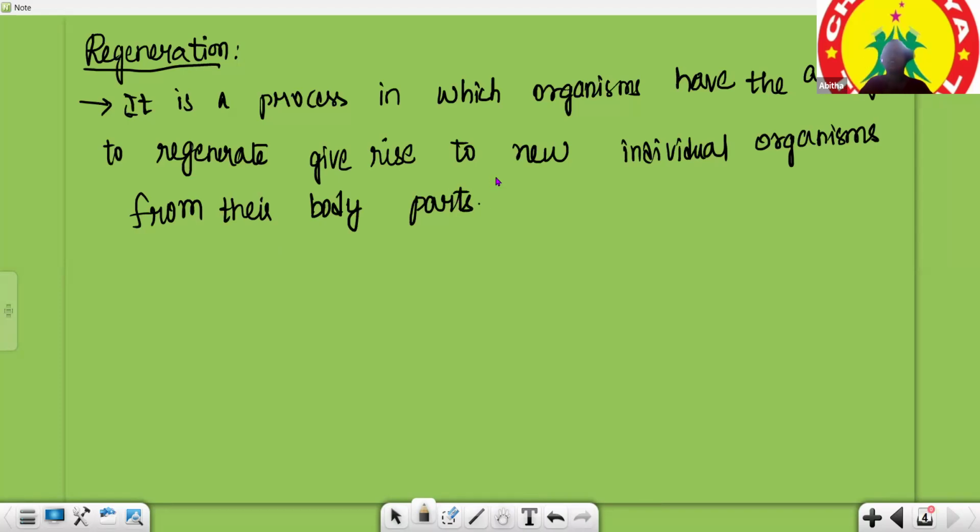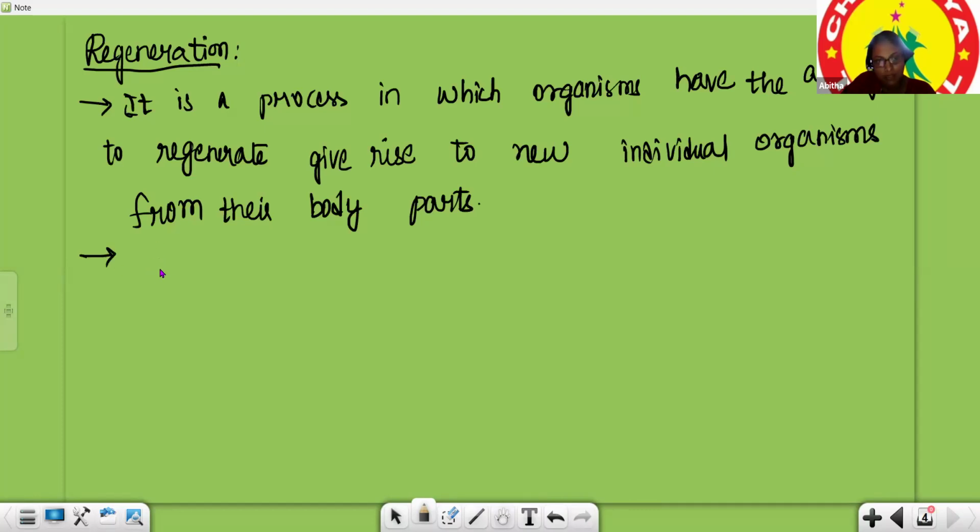Understand what the process of regeneration is? If any body part is missing, from that part a new individual is going to be formed. Not just that part, the entire individual is going to form from that body part. Suppose a piece of head is removed; from that head, the entire body is generated, and from the body, a head is generated. Thus two different organisms can be produced from two parts, each part producing an entire organism.